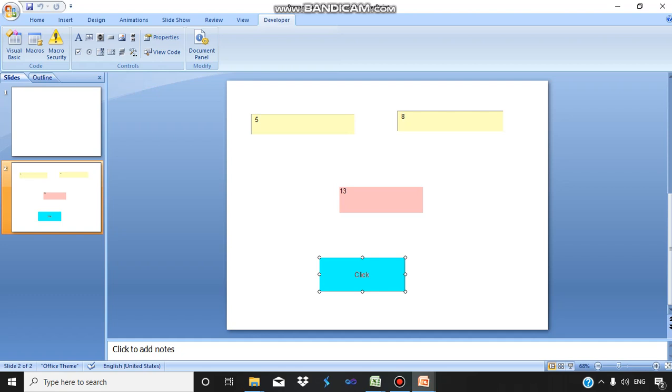When we click the command button, two numbers get summed up and the result of that addition is displayed in the label control. This coding you have done in the Visual Basic Editor. So this is how you work with macros in PowerPoint.